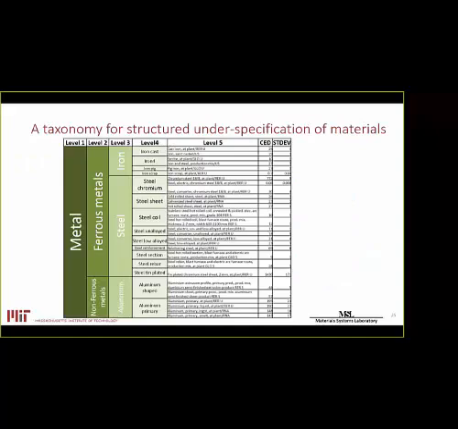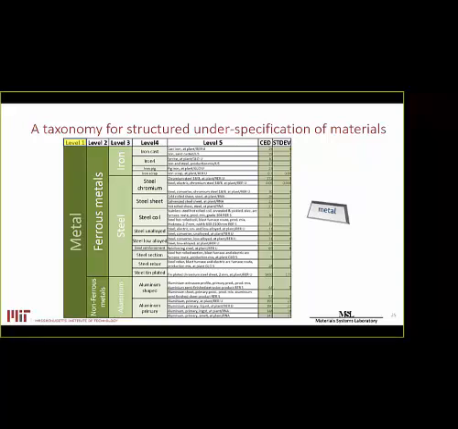So this under-specification requires some type of taxonomy, or basically a way of organizing how you're going to under-specify the material. So let me give you an example of what I mean by this. Let's say we're going to talk about a car door, okay? What we have for this particular taxonomy is different levels of under-specification. So level one is our most generic. That is, if we're going to under-specify what that material is, we could just say it's any kind of metal,